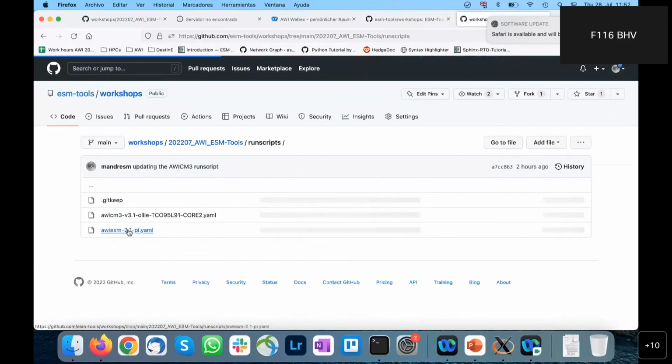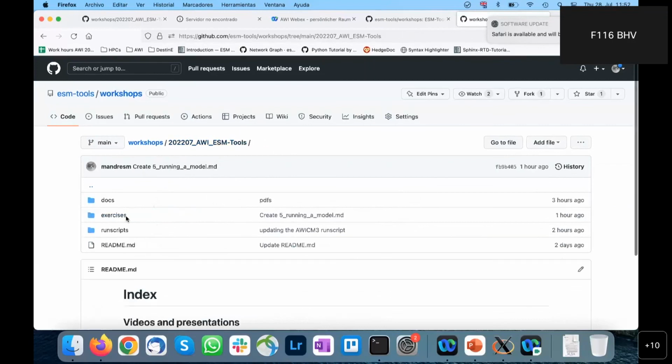And then we have run scripts, which are the two run scripts that we are going to be editing and using for all the exercises. And maybe you still don't fully understand the concept of a run script, because a run script is typically a bash script. Why is it a YAML file here? Well, we will be looking into that later on. But basically the important part here is that you should be able to access all these